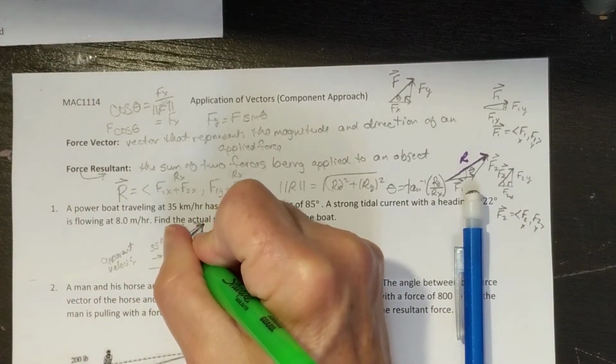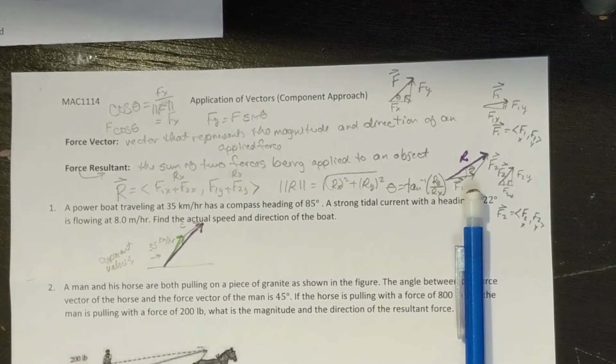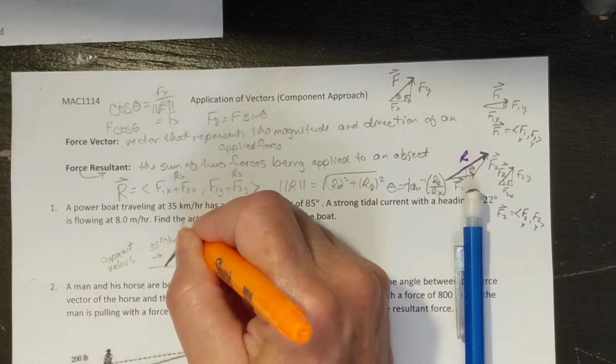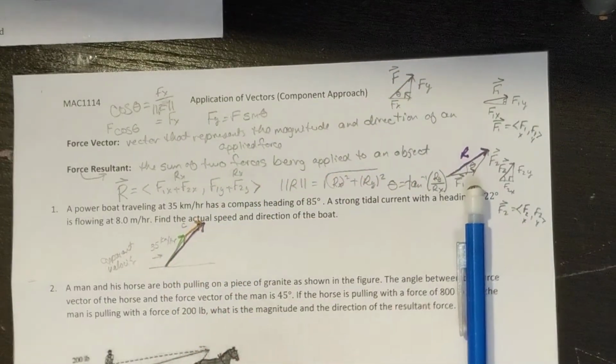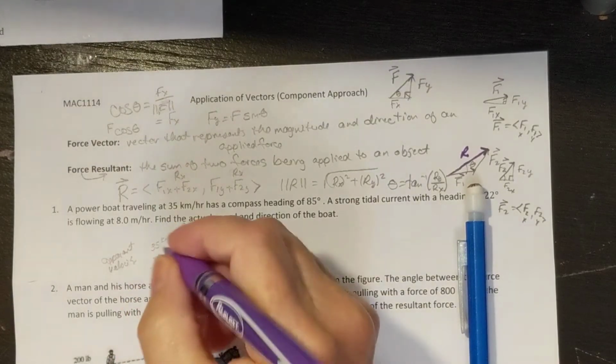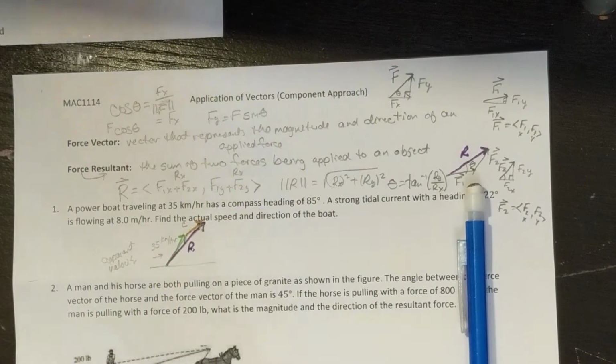Okay, it is the sum of the apparent velocity. The boat is headed off in this direction, right? But there's another force besides just the boat's power that's acting on it, which is the current. It's pushing it that way. And so the purple is the resultant. Okay, so how we're going to find the resultant force is we're going to add the components of the